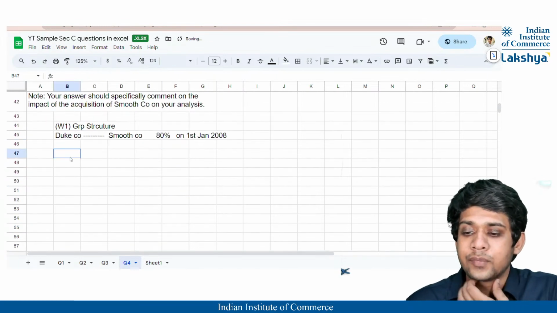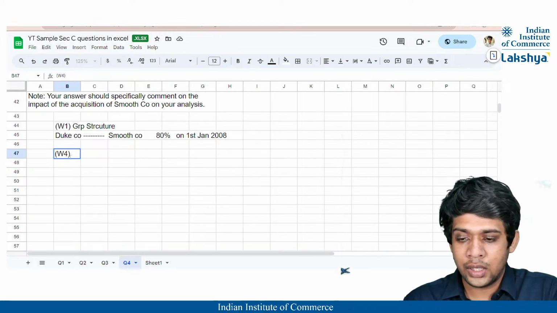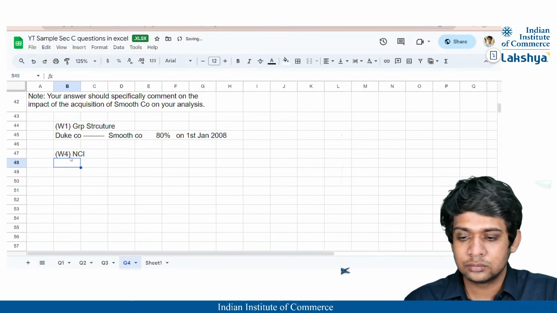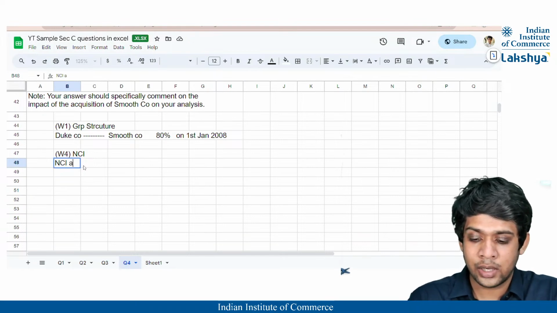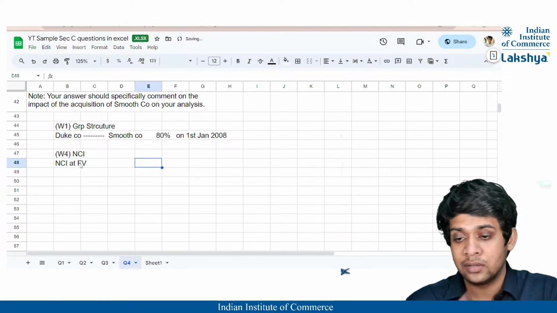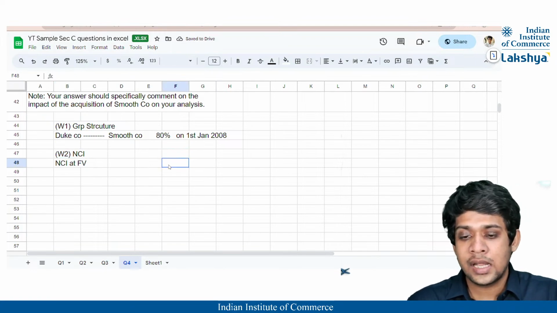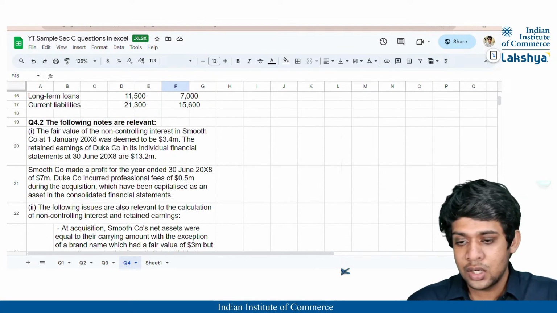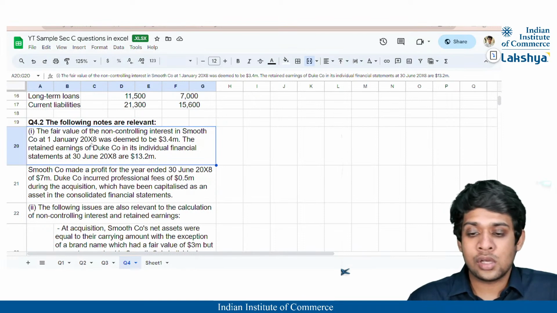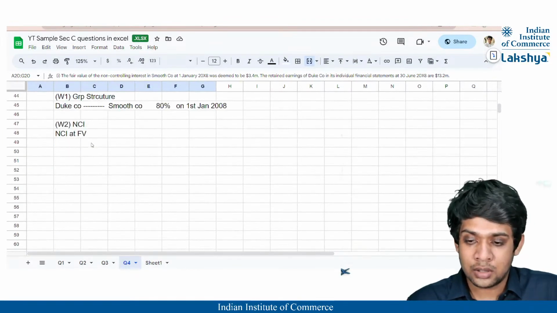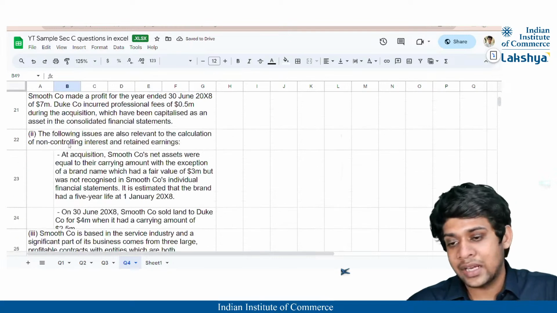राइट। अभी हमारा वर्किंग नोट 4 बनाते हैं, दैट इज नथिंग बट नॉन कंट्रोलिंग इंटरेस्ट। ठीक है, तो पहले तो गाइस नॉन कंट्रोलिंग इंटरेस्ट में क्या आता है, जो भी नॉन कंट्रोलिंग इंटरेस्ट एट फेयर वैल्यू है, राइट। हमारा वर्किंग नोट 4 जो बनता है हमारा कंसोलिडेटेड स्टेटमेंट ऑफ फाइनेंशियल पोजीशन में, इसको इधर तो वर्किंग नोट 2 लिखेंगे। एनसीआई एट फेयर वैल्यू तो ऑलरेडी दिया हुआ है क्वेश्चन में। यू कैन सी हियर द फेयर वैल्यू ऑफ नॉन कंट्रोलिंग इंटरेस्ट in Smooth Company at 1st January 2008 was deemed to be 3.4 million, right? तो ये हो गया हमारा 3400, करेक्ट। अब बाकी के एडजस्टमेंट्स देखते हैं।